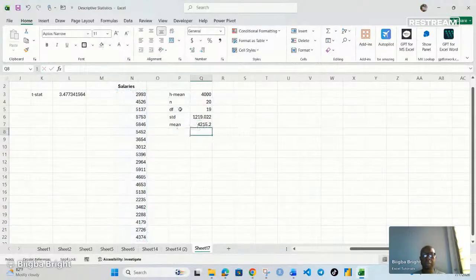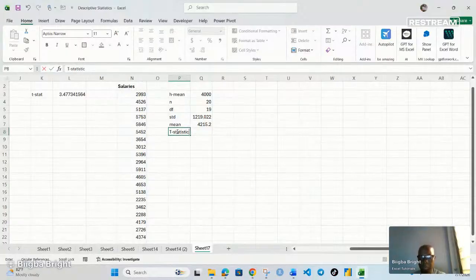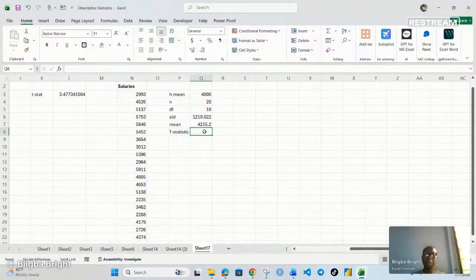So what do we have left? We have our degree of freedom, our standard deviation, we have our mean. So we are left with our test statistic, or our T statistic. And then our T statistic is where I've already shown you how to. If you want to do the ordinary way of calculating it, then you can say is equal to the mean